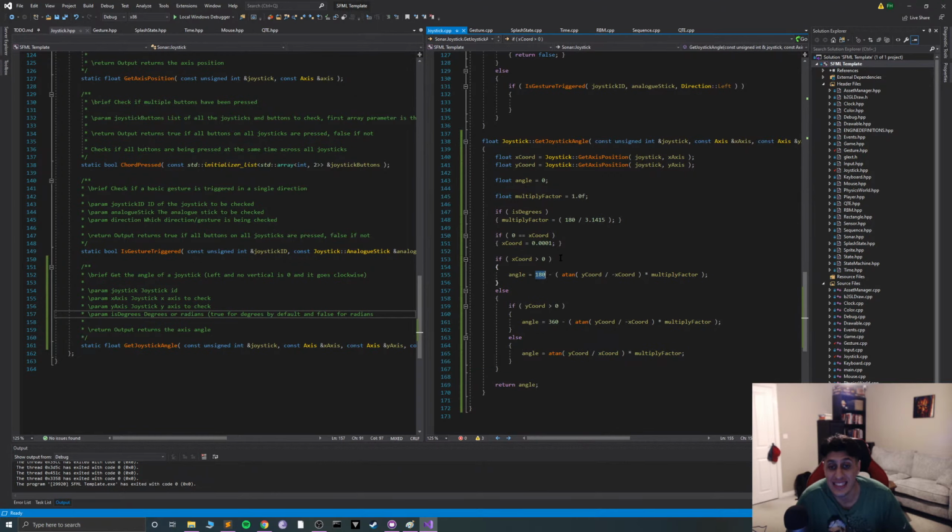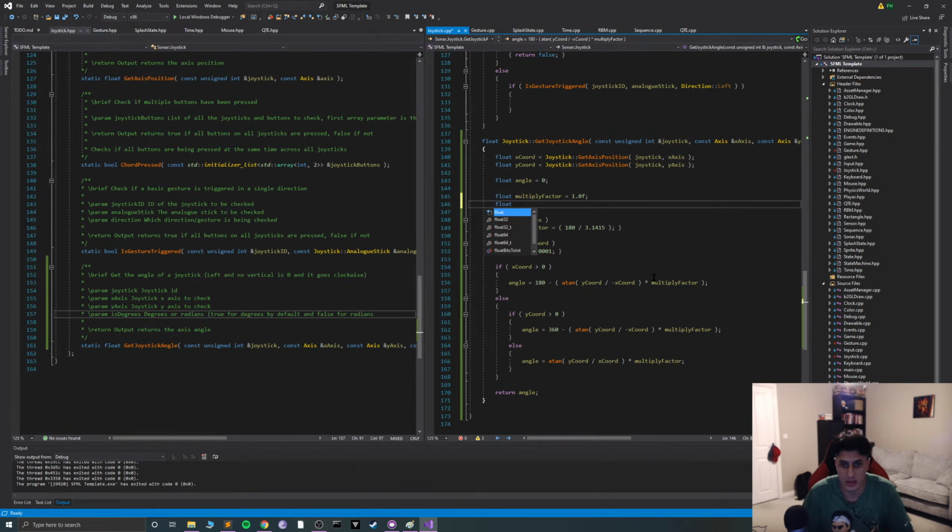But we need to change these as well. So we need to say float initial angle 0.0. Let's put all zeros as like that. So we're going to say